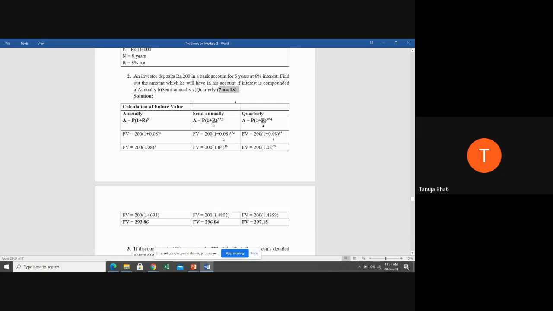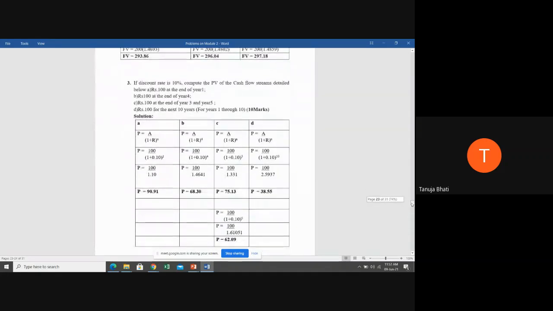So if you are able to analyze, first, what they are asking in the problem, future or present value, then you are able to determine whether it is a single or multiple cash flow. You will then know which formula is to be applied in solving the problem.